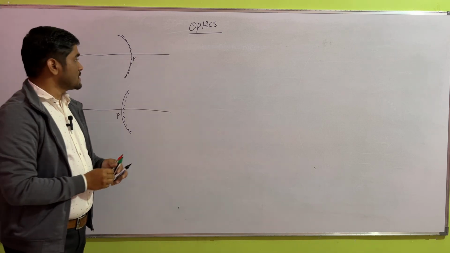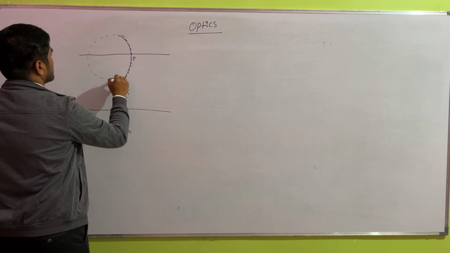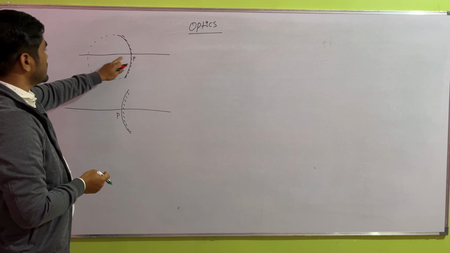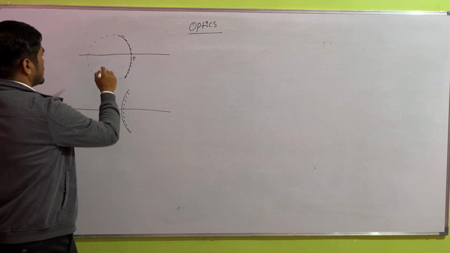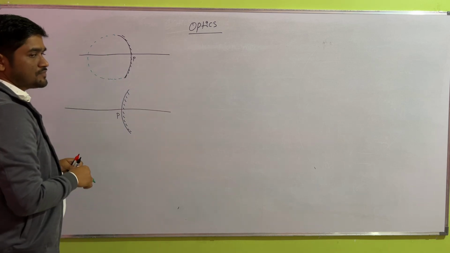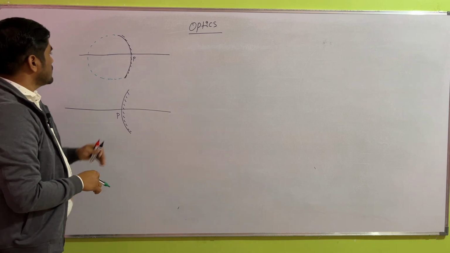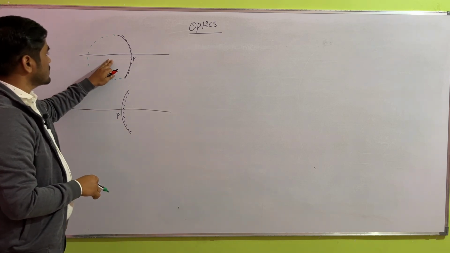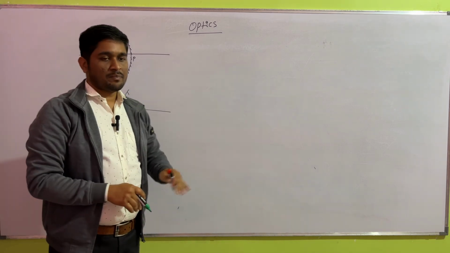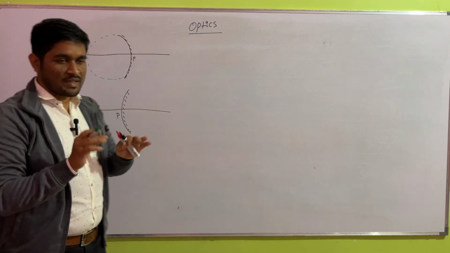And what is center of curvature? Here, if you join, you find this is a sphere and this is the center of the sphere. So center of curvature is a point on the principal axis for which the mirror forms a part. That is the center of curvature, or simply it is the center,